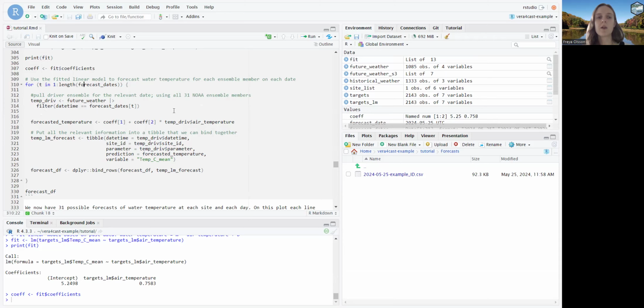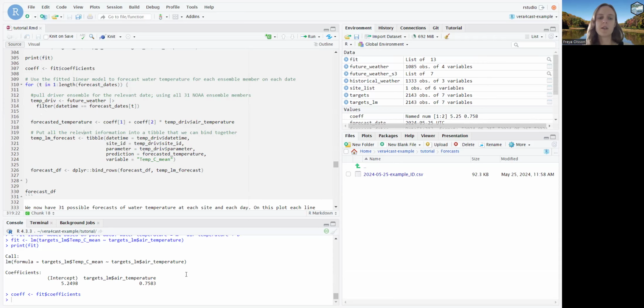We're then going to use the structure of the linear model to generate the forecast based on those future air temperature drivers. And then this last step is just to put it into a data frame to make it easy to tell which date was being forecasted, etc. And then as every time step gets looped over, we will combine these into the data frame.